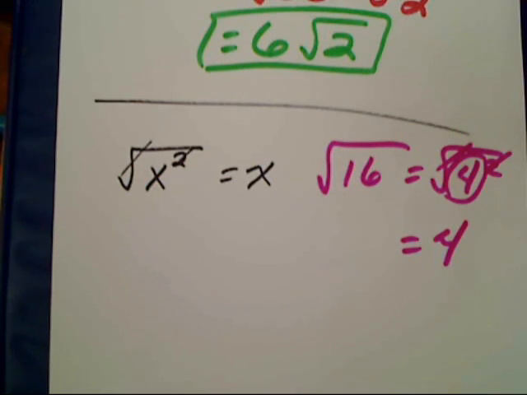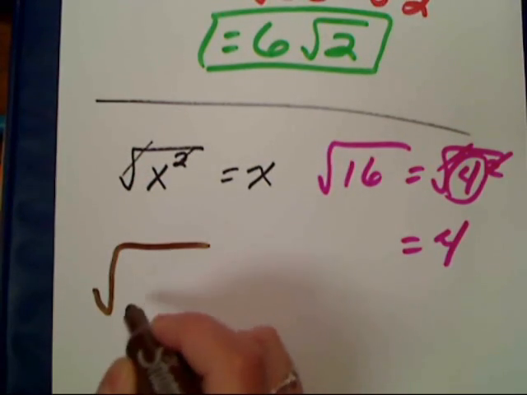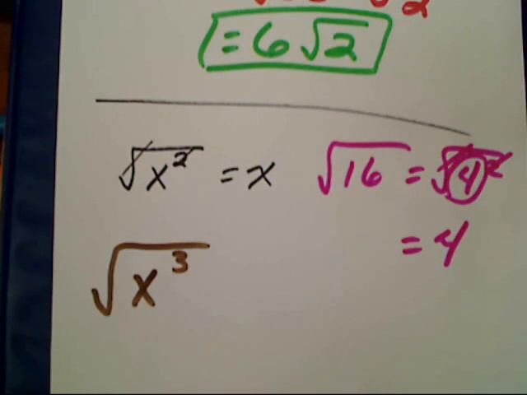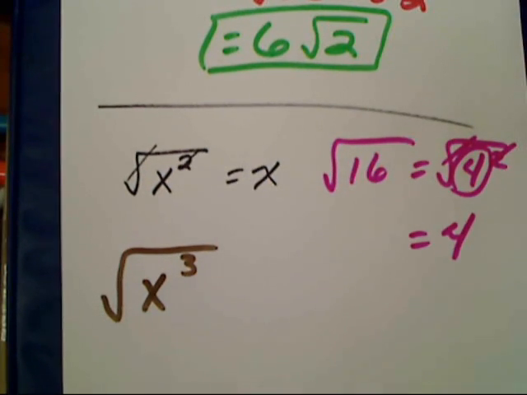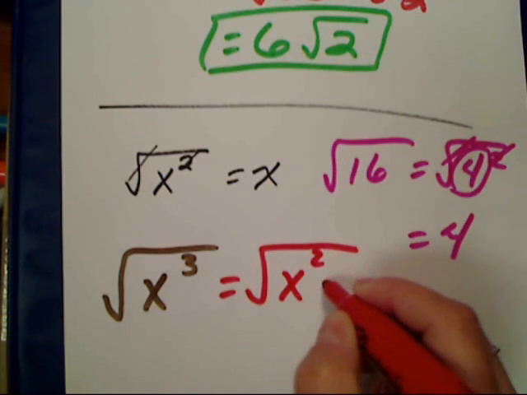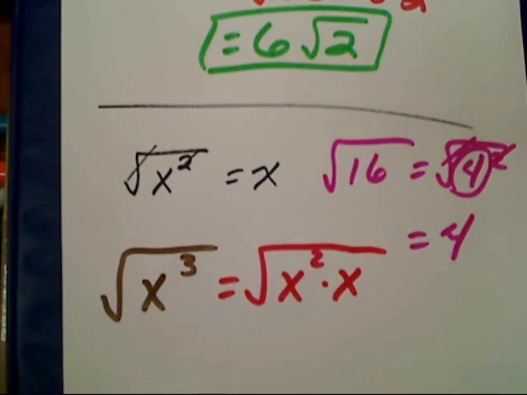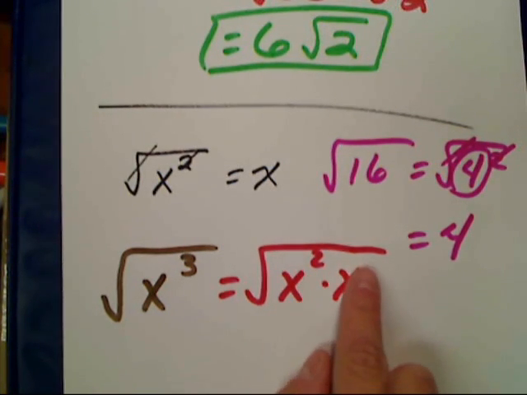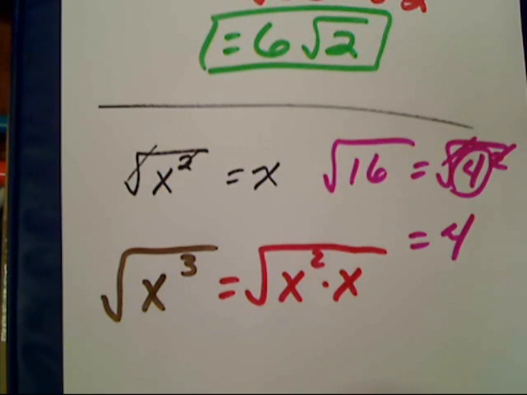So then what happens if I have the square root of x cubed? Well, x cubed is made up of x squared times x. Remember the laws of exponents from chapter 4. When multiplying like base numbers, you add your exponents. 2 plus, if there's nothing up there, there's always 1. That's the god of math land. 2 plus 1 is 3. And now you can separate them into,